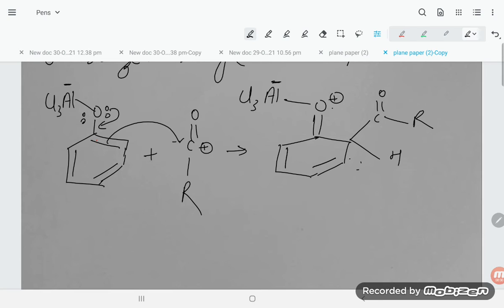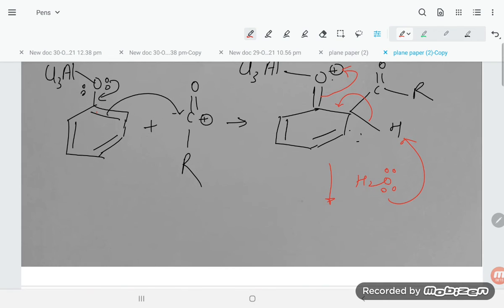Now finally in the same step, this bond is going to break here, and this is going to attack here, in the presence of a water molecule or base. So this is happening. So what is forming, student? H3O plus, and then the remaining intermediate: C double bond O, here is R, and this way C, that is O, and here AlCl3 negative is there, right? And in the ring the bond is restored.